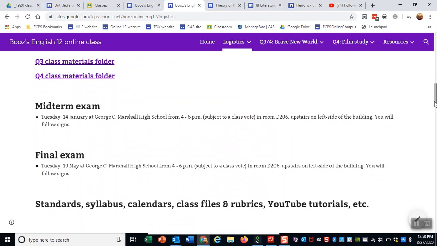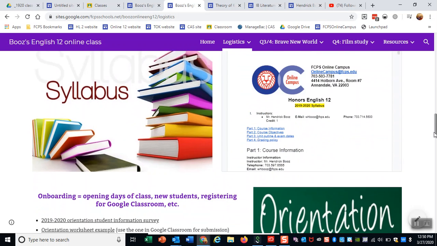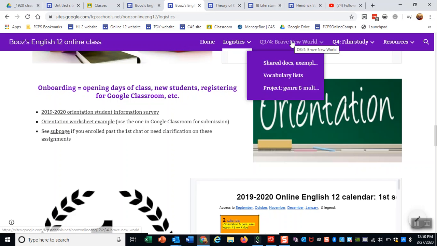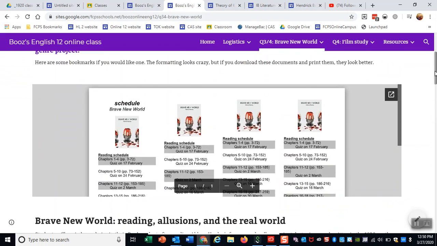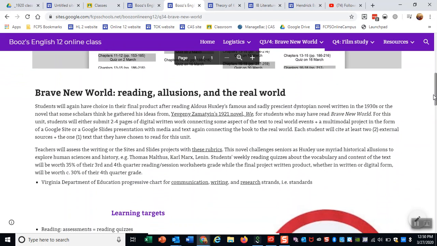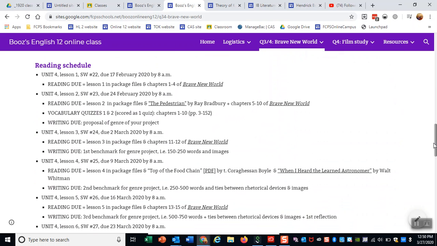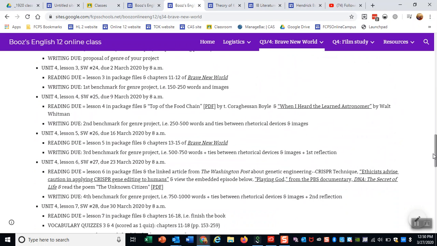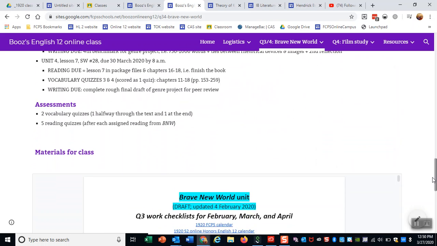I had the midterm and the final that was supposed to take place on the 19th of May. I have all of the Virginia Department of Education standards. I have my syllabus, et cetera. But more importantly, if we take a look at what we're doing right now in Brave New World, I have the bookmark that they need for class, what the overall targets are for their learning, the reading schedule that I have not updated based on our two-week hiatus, the assignments that they're going to have,